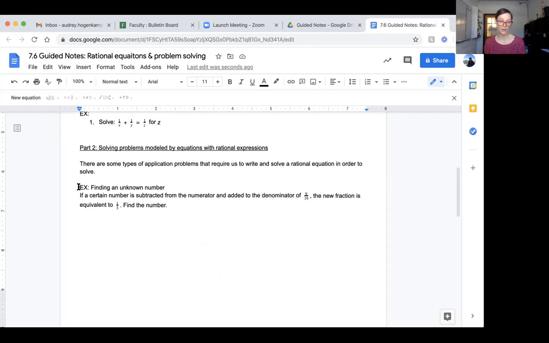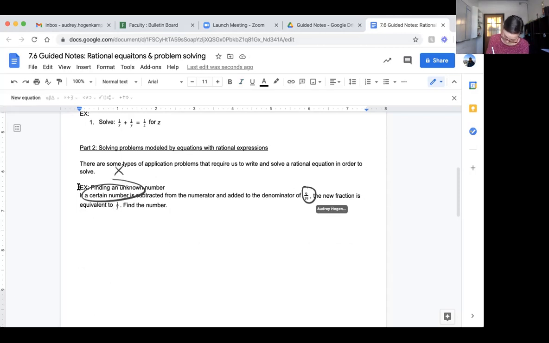But if a certain number is subtracted from the numerator and added to the denominator of 9/19, the new fraction is equivalent to 1/3. Find the number. So we're going to have to translate that word sentence into math. So we know that if a certain number, I'm going to call my certain number x, is subtracted from the